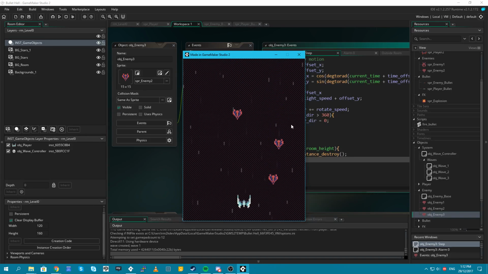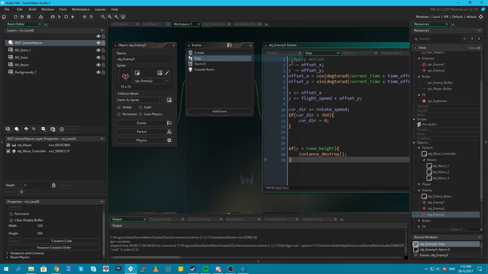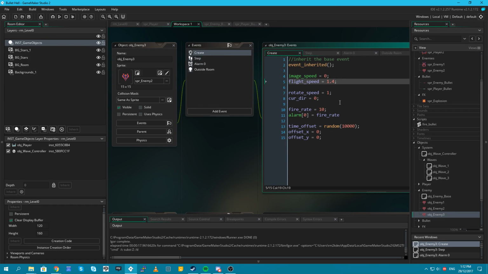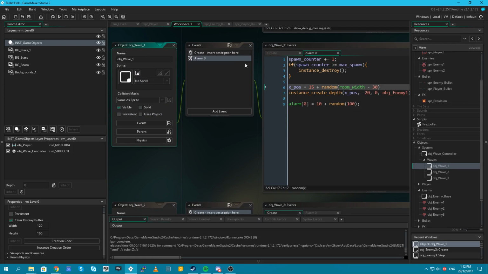Right, so these guys are coming down the screen now. 1, 2, 3. They're probably a little too hard to kill, given that I can't even get over there fast enough. Right, now they're done. Wave 2 and Wave 3 spawned. So we can increase the wave time for this and slow down those enemies.